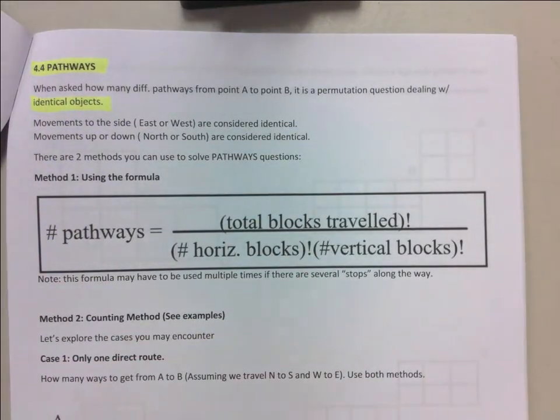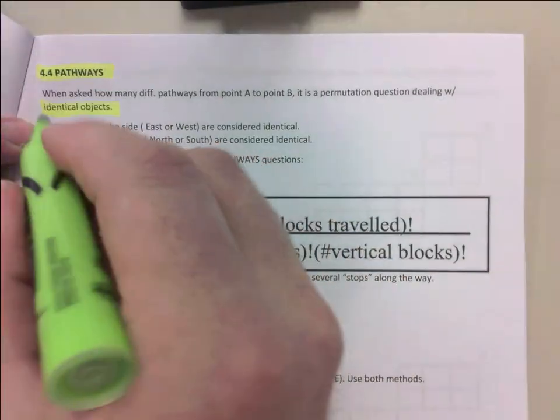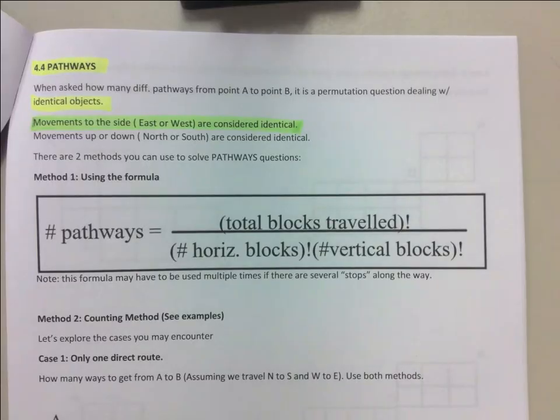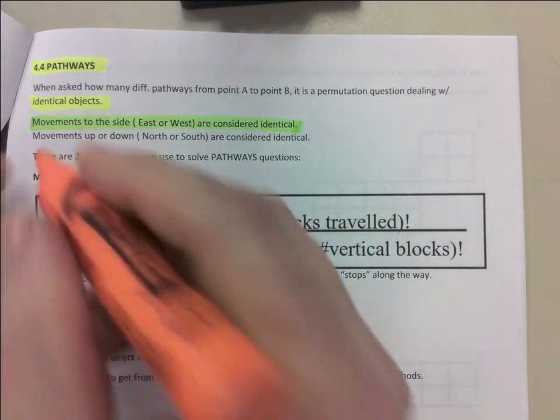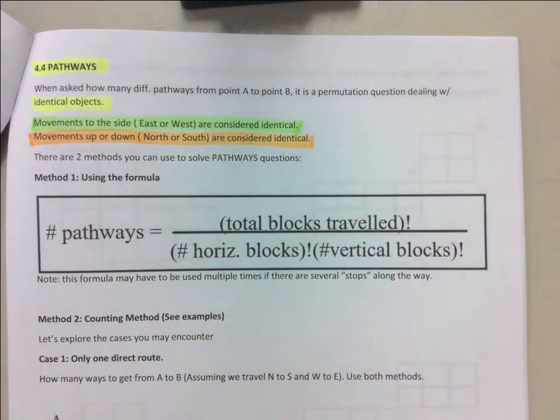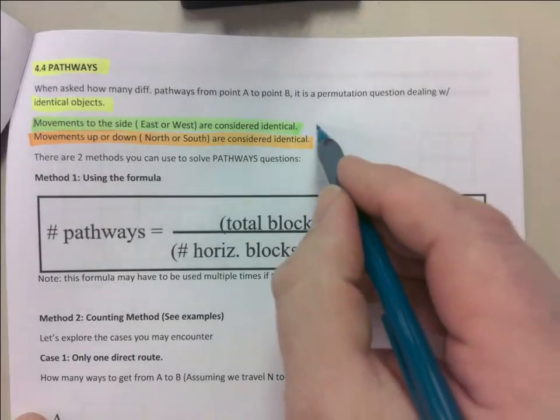I'm going to use a color that I'm going to keep using later on. Going east-west are considered identical. Moving up or down, north-south, are considered identical. Okay, so